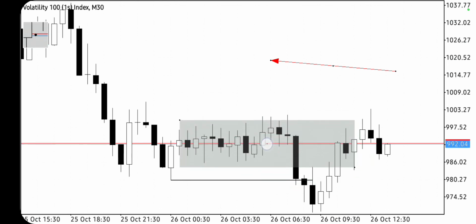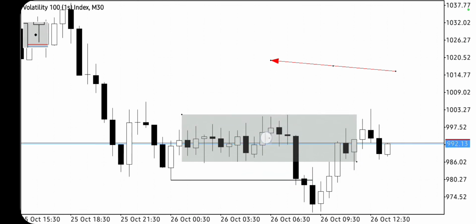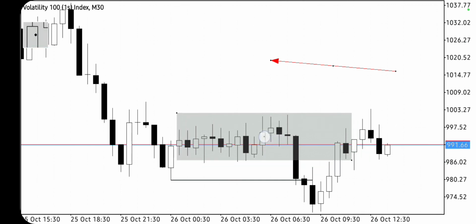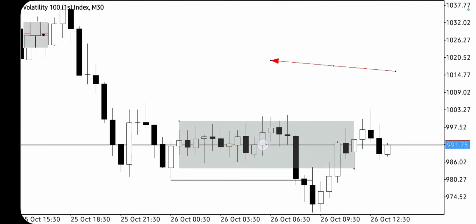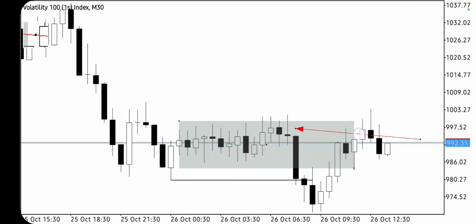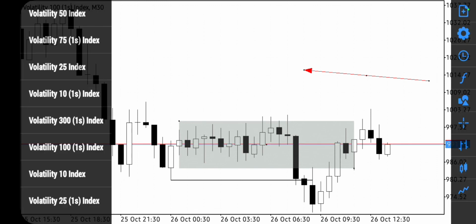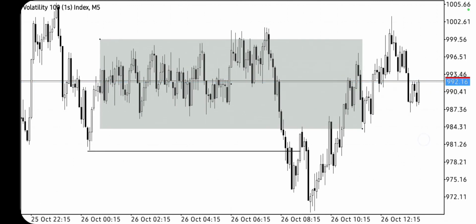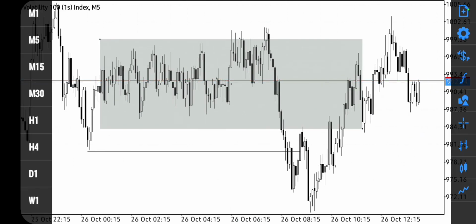So the market has broken this particular supply zone that we marked out here. Yes, the market can break supply and demand zones. So you really need to wait for confirmations before you enter the market. Always wait for confirmation before you enter the market. On the lower time frame, it hasn't really given us any confirmation to enter this market at this supply zone,